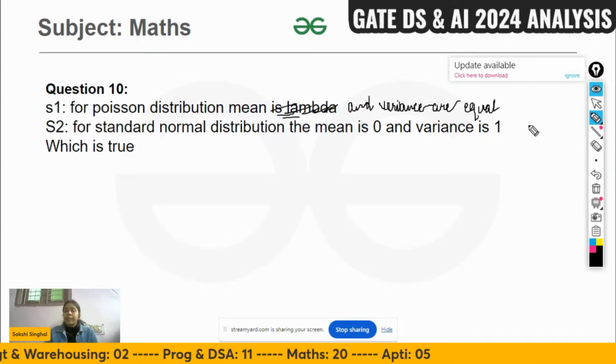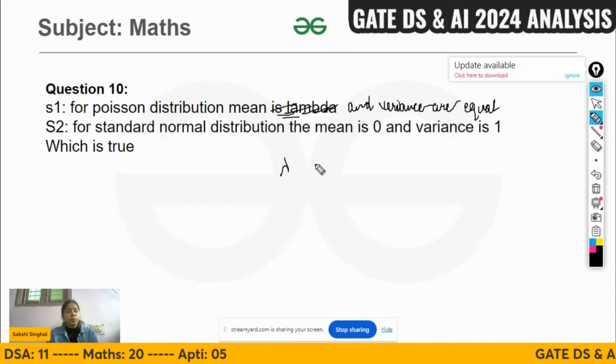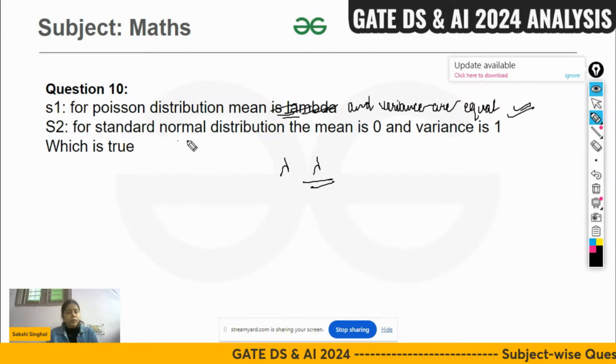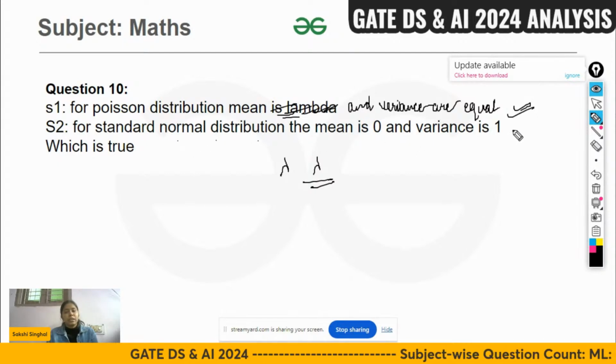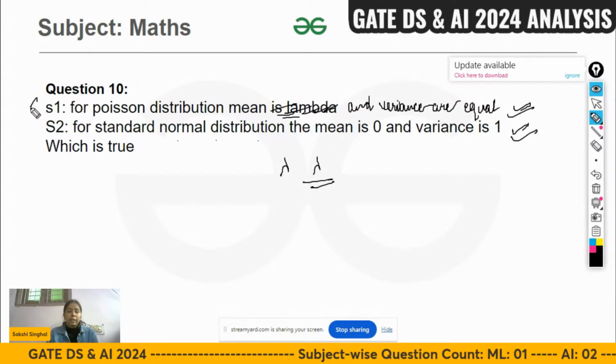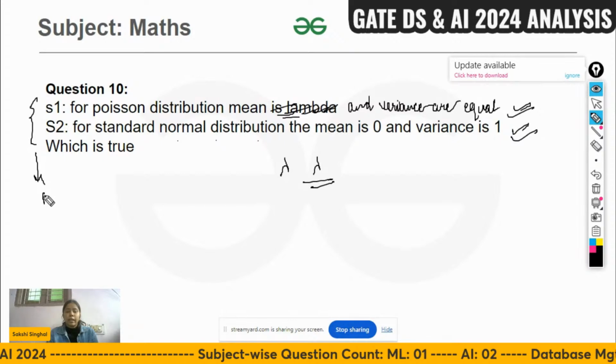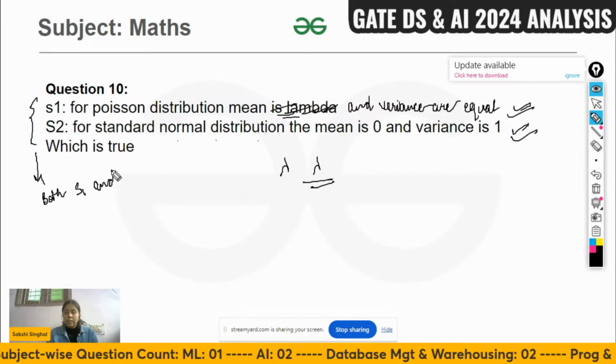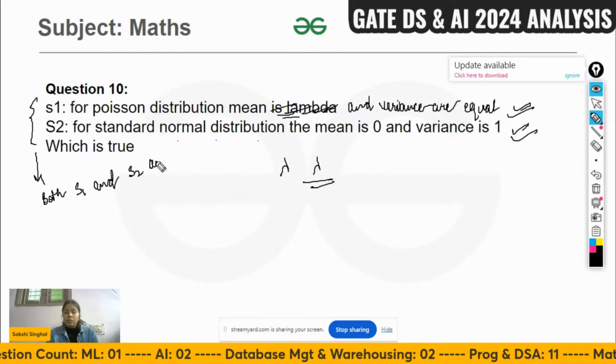So guys, when I told you to remember about Poisson distribution, we know that mean and variance both are lambda for Poisson distribution, right? So this statement is true. And this is a direct question. For standard normal distribution, the mean is 0 and variance is 1. So in this question, both S1 and S2 are correct. So guys, if you have remembered, and this is a 2-mark question, S2 are true,